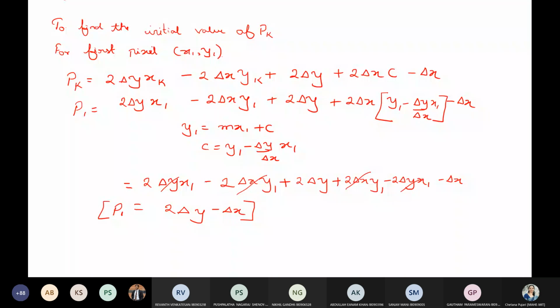Yes, you can just take it down. Let me know once it's done. So we are done with the derivation. So next I'll be making use of these values. We are going to write our algorithm, Bresenham algorithm. Because once the derivation is done, algorithm is not very big. It's a small algorithm which directly makes use of the concept which you got from this derivation. Then we'll see one simple example and see how actually the coordinates are calculated.